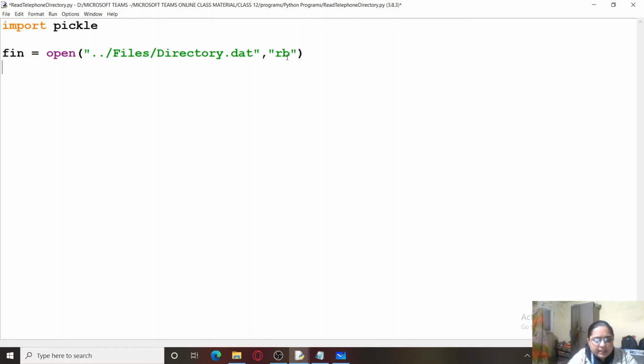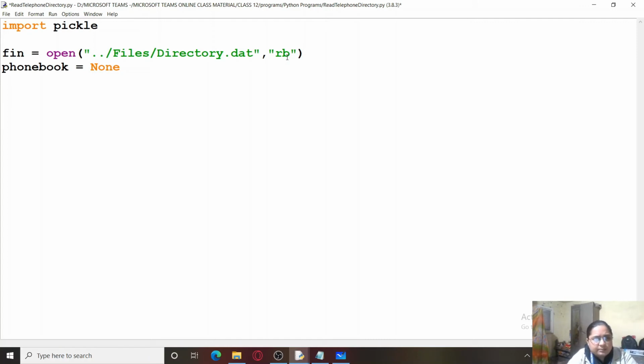And let me take an empty dictionary, named phone book, as I had taken it earlier. I can simply assign None to it, just to specify that it doesn't hold any valid data right now.